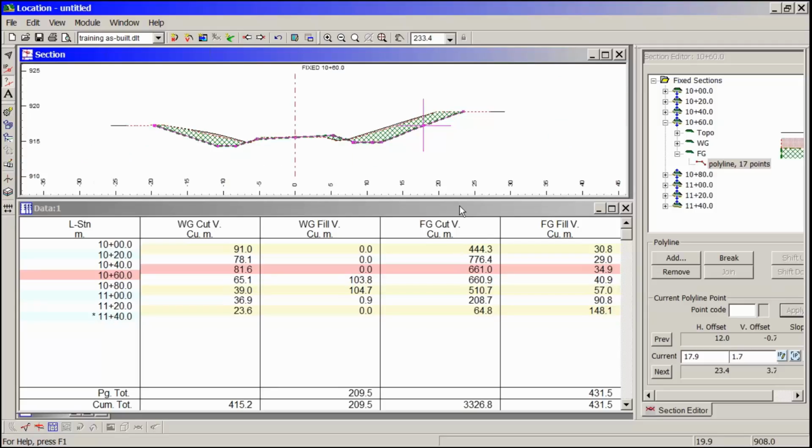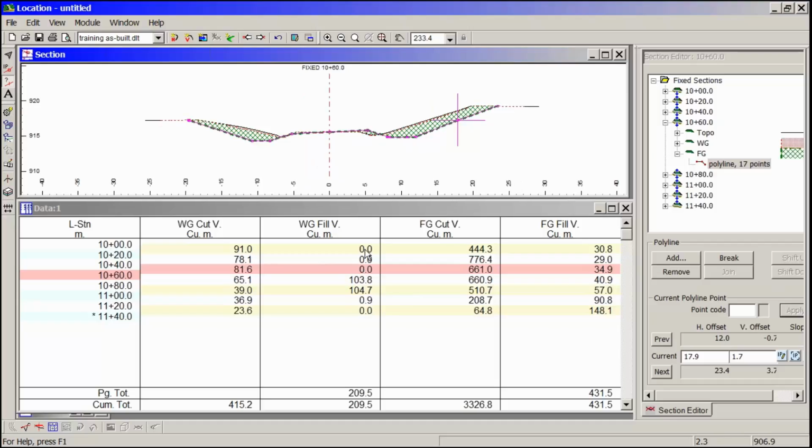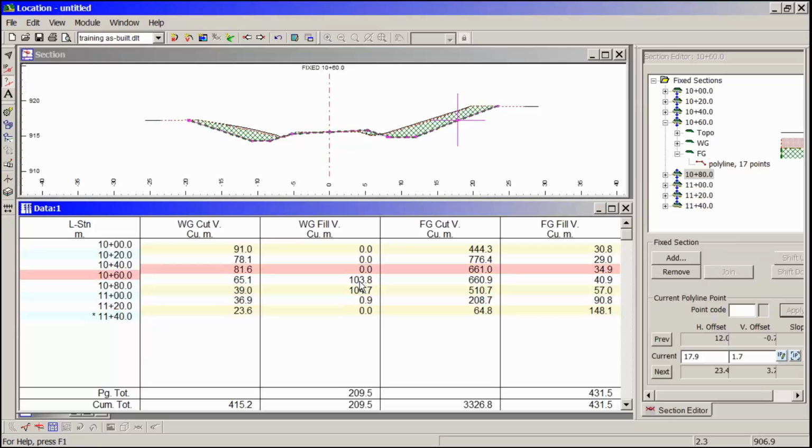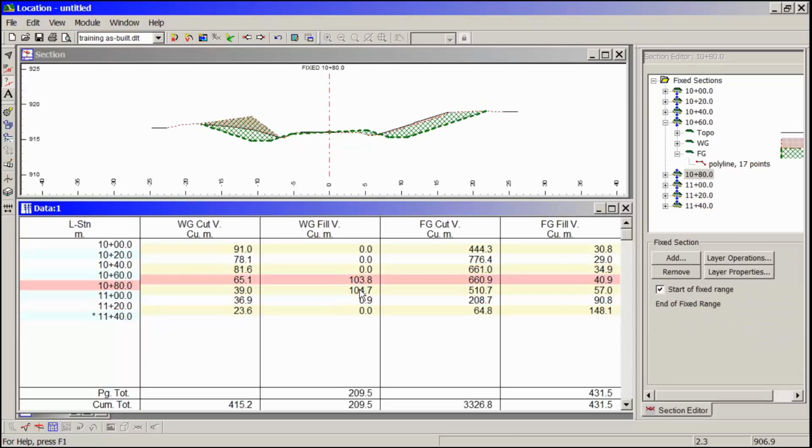The second last thing I'd like to show you is volumes. Notice that the strip fill column here, most of them are 0 except for a couple of glaring mistakes. This stripping should never fill. So these are obviously survey errors. To fix those survey errors, I'm going to show you how to,